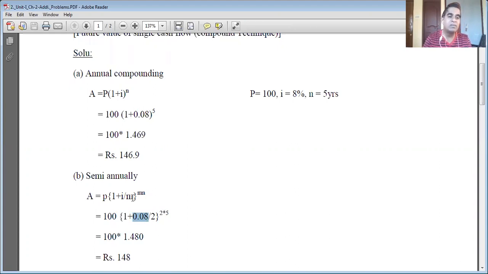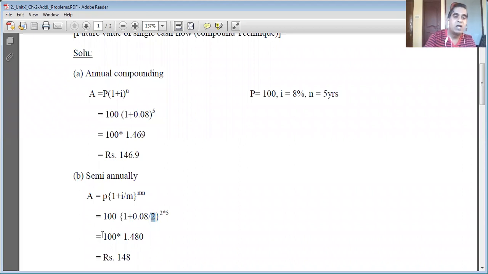What is m? Can anybody recall? Number of times per year compounding is made, sir. Yes, the number of compounding periods, or number of times interest is credited in a year. So in semi-annual compounding, how many times is interest credited in 1 year? 2 times. Very good. So we write 2 here, bracket complete, whole raised to small m, we know already it is 2, multiplied by small n. N is the period of deposit, 5 years.